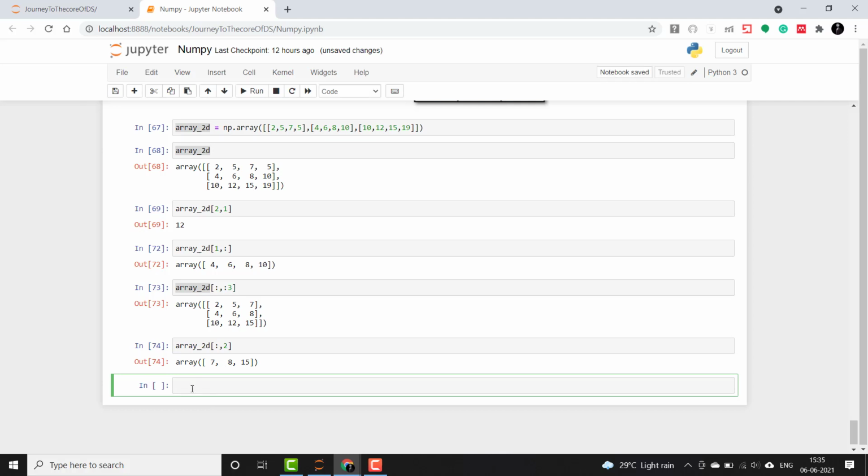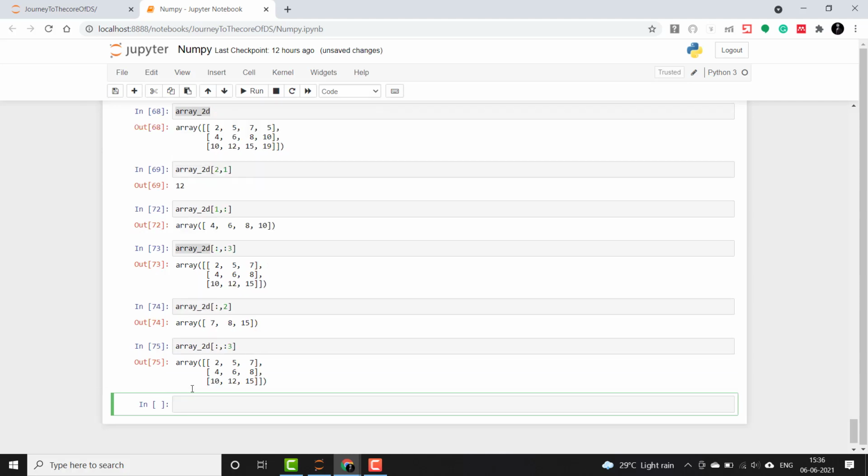So guys, when we want to slice all the rows and the first 3 columns, just think and check if your answer is correct. So exactly, array 2D we have to use with colon comma colon 3. It will fetch the first 3 columns and all the rows.